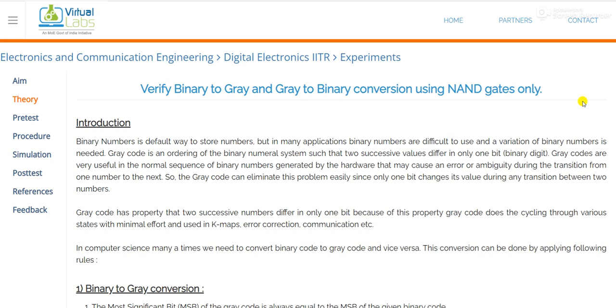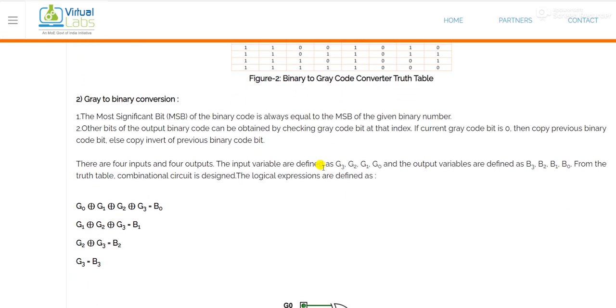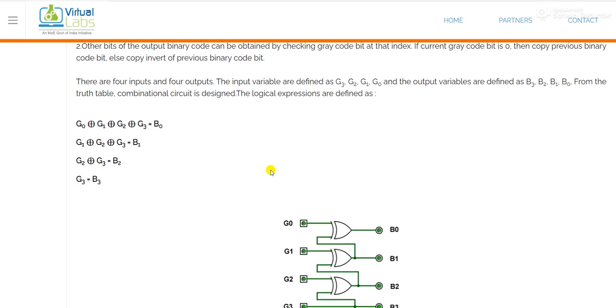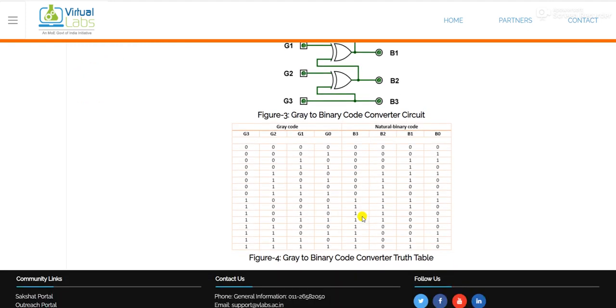In the theory portion of this experiment you can see the gray to binary conversion. This is the theory, this is the circuit diagram with the help of XOR gates, and this is the truth table. These are the gray codes.